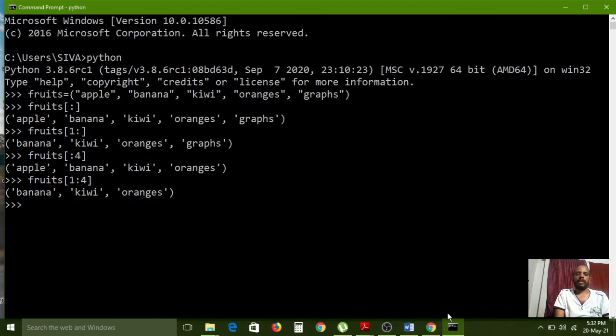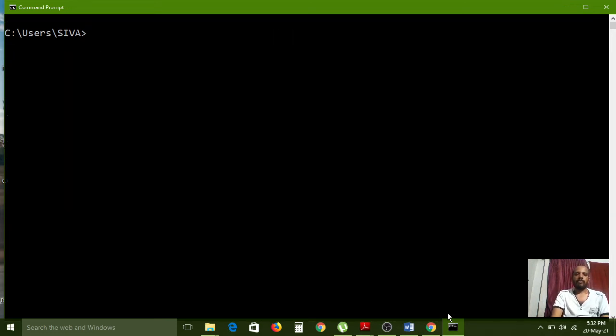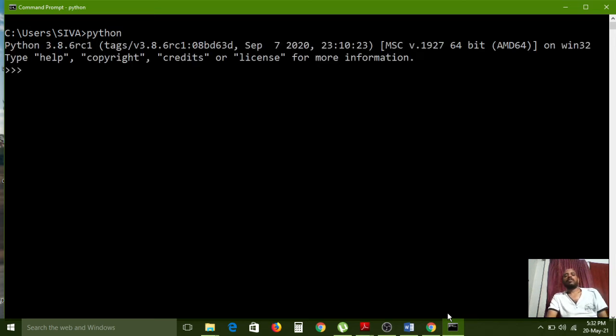So for that I am opening the command prompt, and I use the exit function first, because I want to clear the previous output here. For that I use the cls command. Now again I would like to connect to Python, so I am using the python command to connect with the Python shell window from the DOS window. Okay, now I have created a numbers tuple.